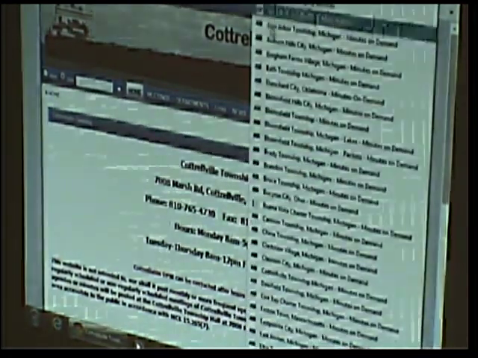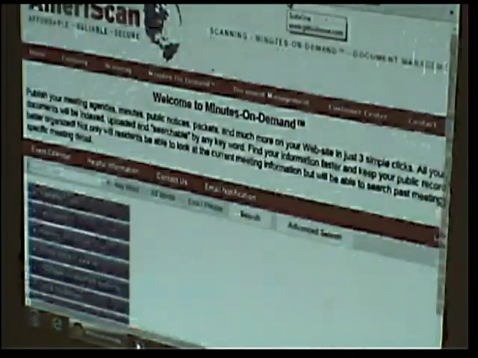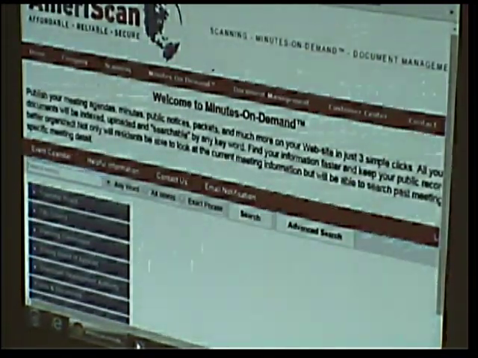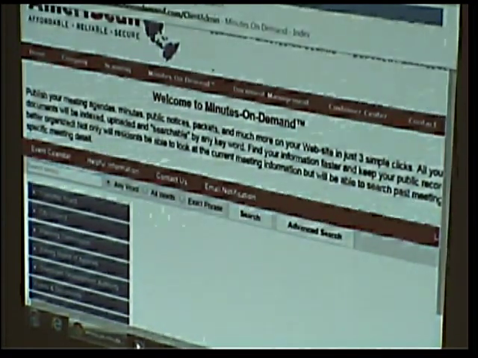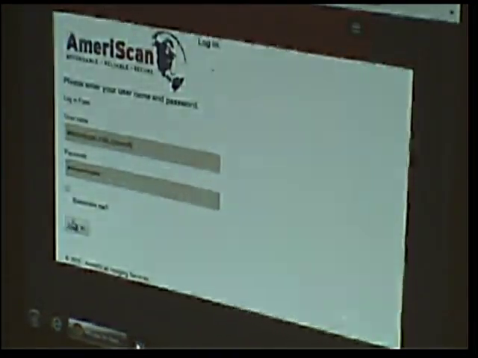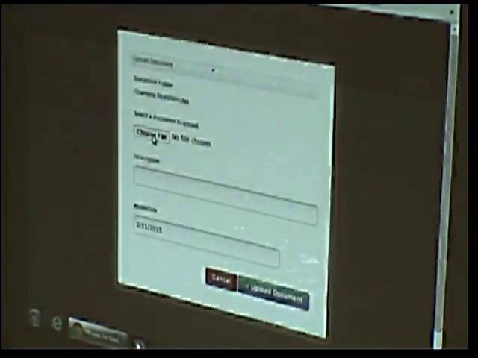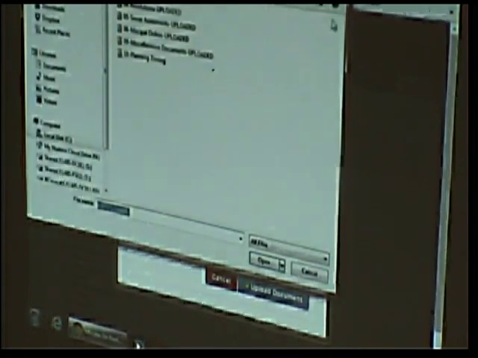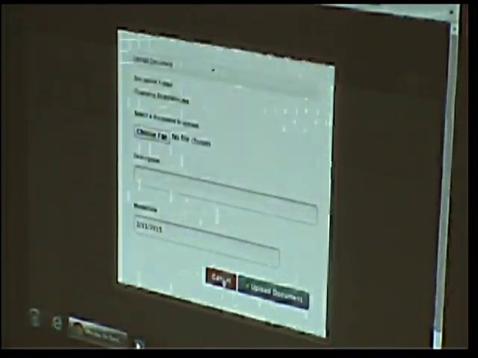But how it works is Lori, or whoever we decide upon here, is going to log into a client administration console. And we can have as many people as we choose. So the planning commission can log in and upload their own permissions, Lori can do it all, whatever you guys choose. There are different tabs in here. She just logs in, selects the tab she wants to upload to. It's a very simple process. You go find your file on the computer and you hit upload. Once it's uploaded, it automatically goes to the page.